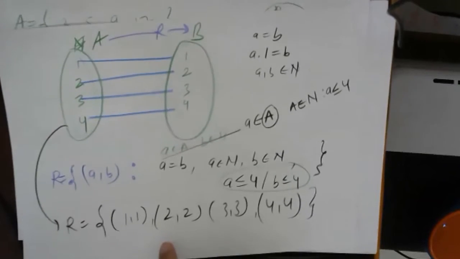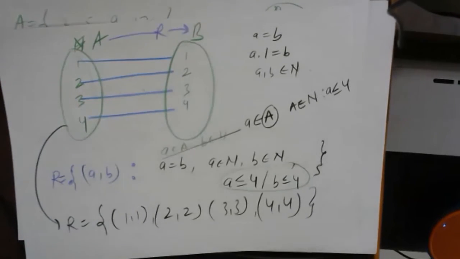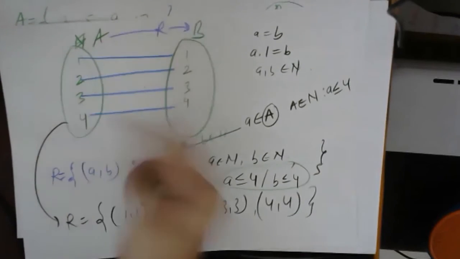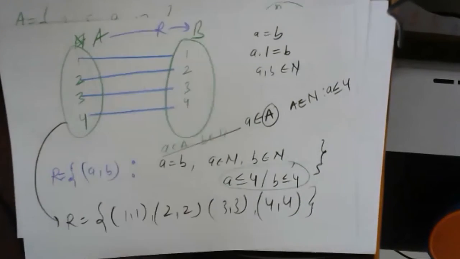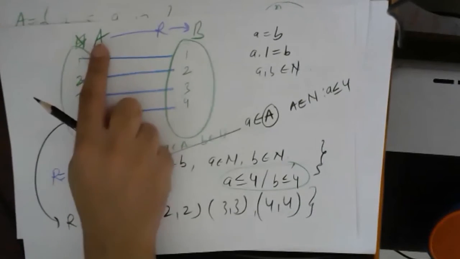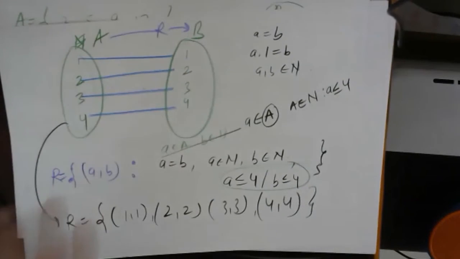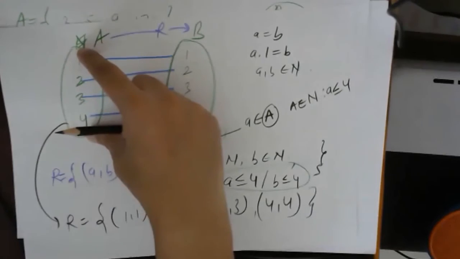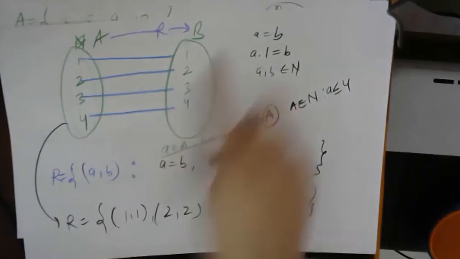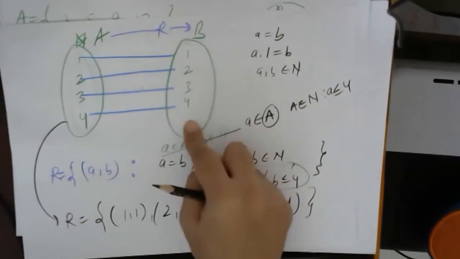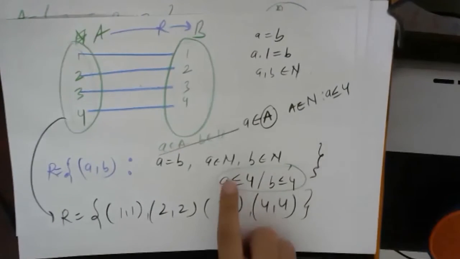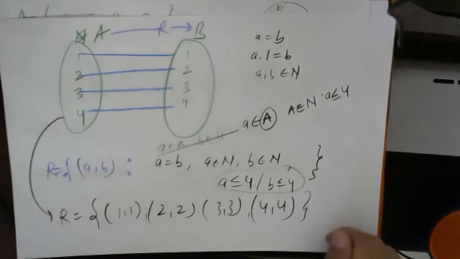When should we define A and B? Suppose A and B have already been predefined. If I have given that set in the same question, if I have already defined that A is a set of natural numbers containing 1 to 4, and in the same question B is a set of natural numbers containing 1 to 4, then I can say that A belongs to capital A and B belongs to capital B.